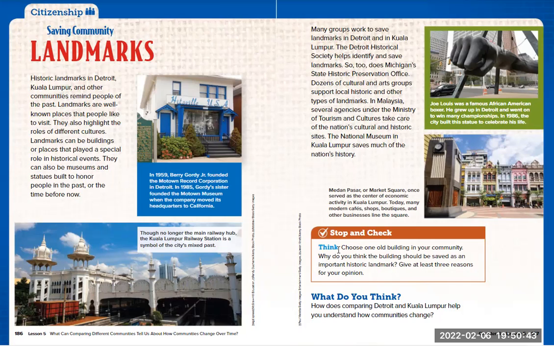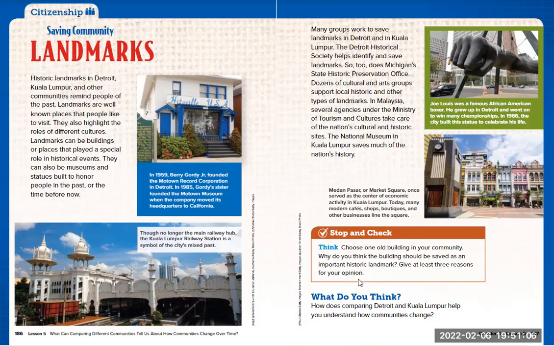So here, if you wanted to check yourself, stop and check. Choose one old building in your community. Why do you think the building should be saved as an important historic landmark? Give at least 3 reasons. So if you chose a library, why do you think a library is important to keep? It doesn't have to really be in danger of getting rid of, but why do you think a building like a library